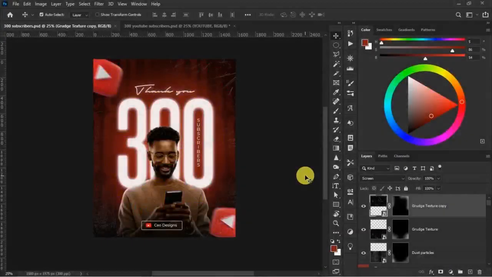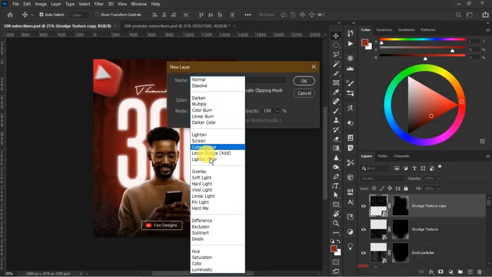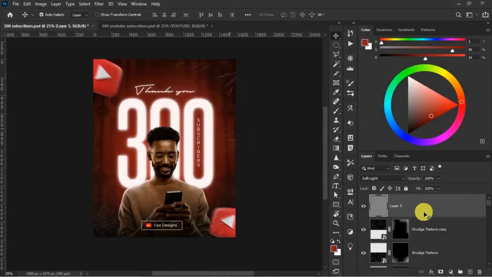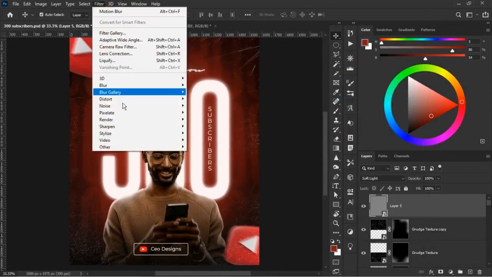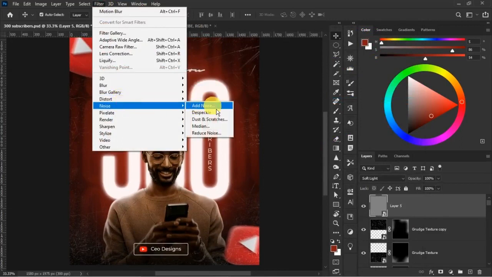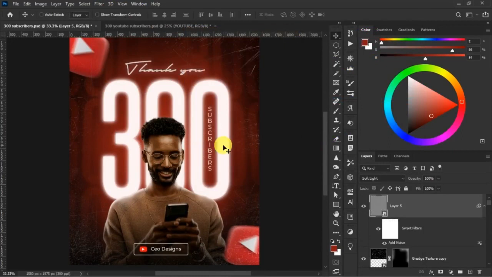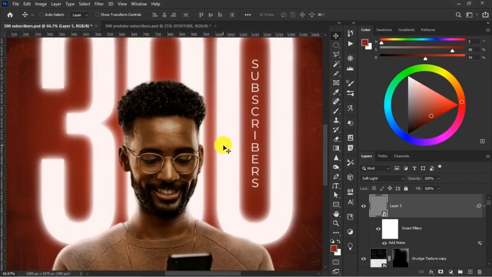Going to end with the final noise. So hold Ctrl Shift and press N on your keyboard. Change the mode to soft light. Fill with 50% gray and hit OK. Convert this guy to smart object. I love smart object. So go to filter, noise, add noise. I just add noise around 7. That'll be fine. So when you zoom in, you can see the noise. And I think, guys, with that,